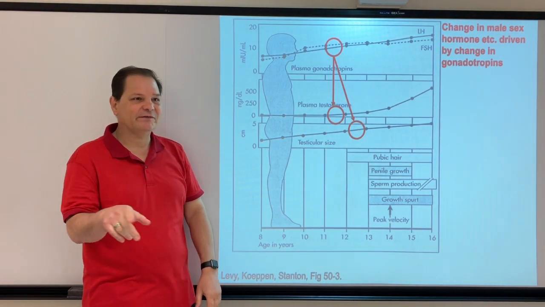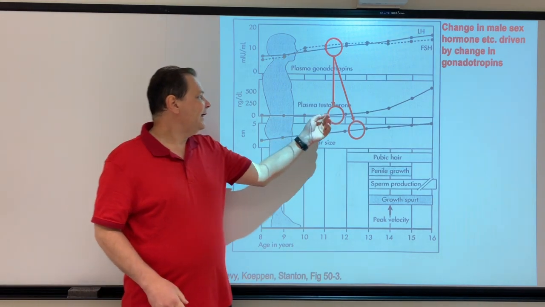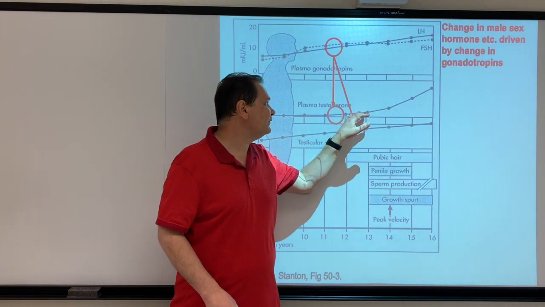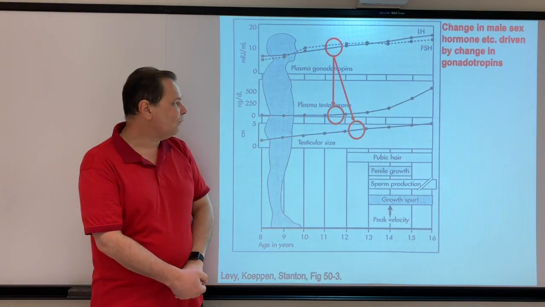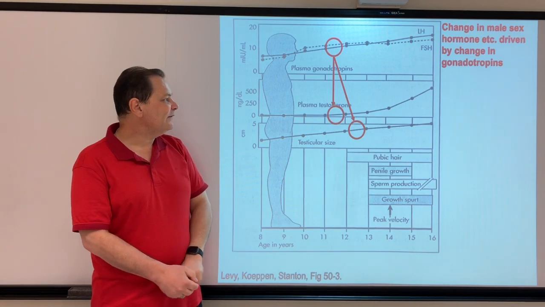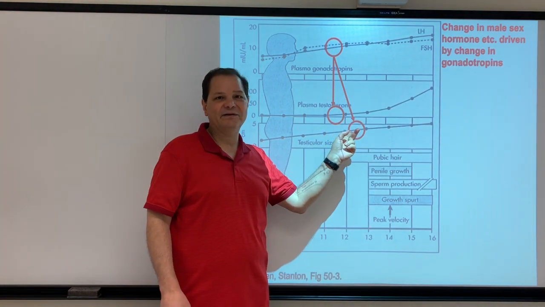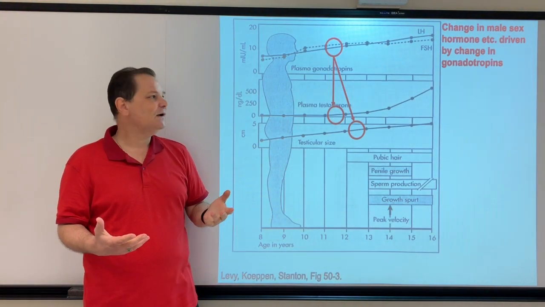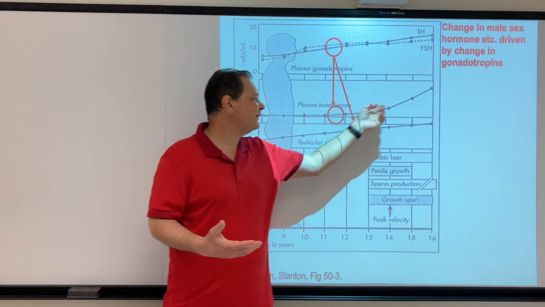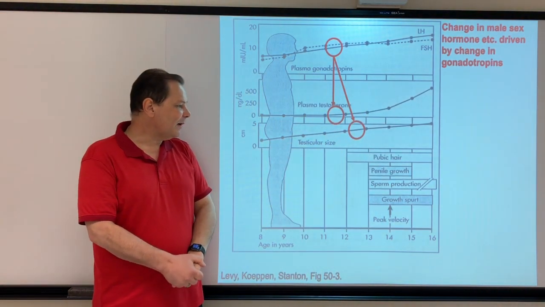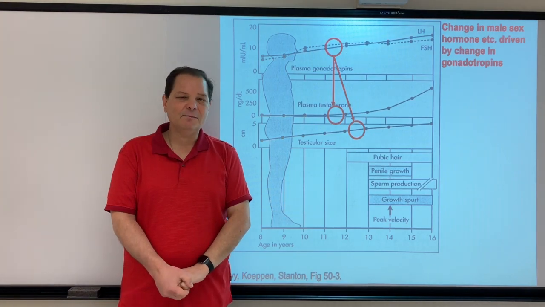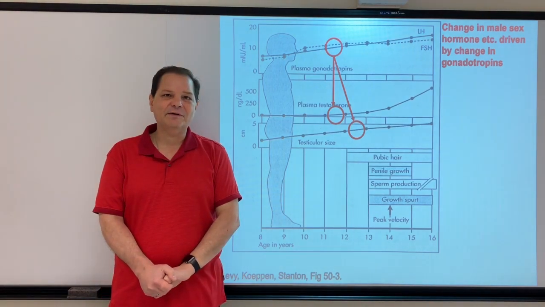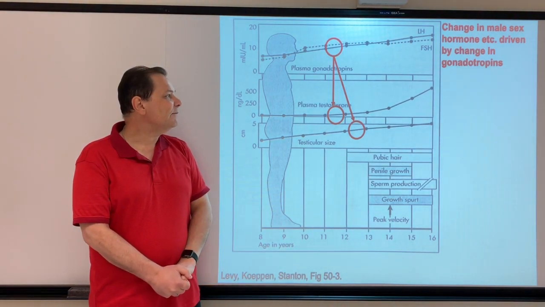we have these rises and falls over the course of the day, and that may partially account for the fact that in males your testosterone secretion suddenly takes off once you hit puberty. And this is partly because the testicular size is continuing to increase. So for the same amount of FSH and LH, you will secrete more testosterone. But there's probably more to it than that, and we'll talk about that in a moment when we talk about the sensitivity of the hypothalamus to feedback inhibition in a second.